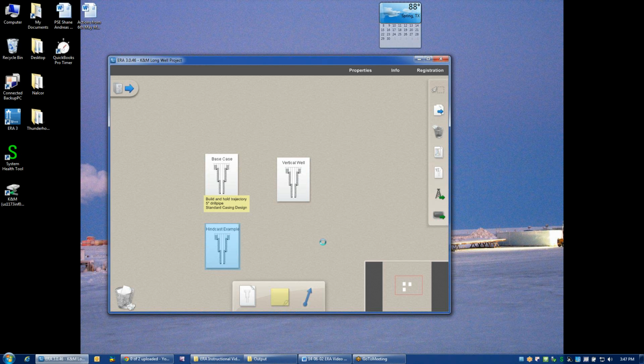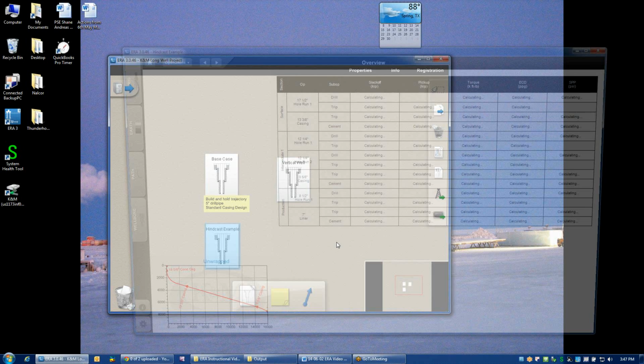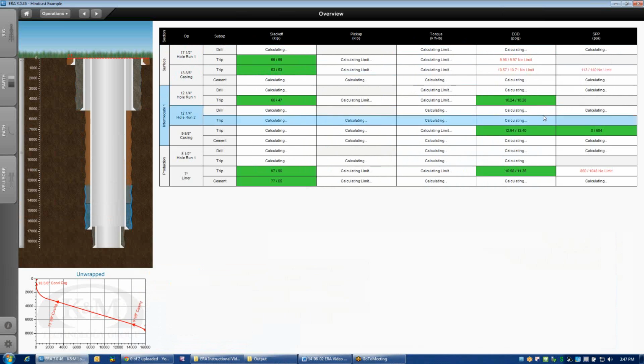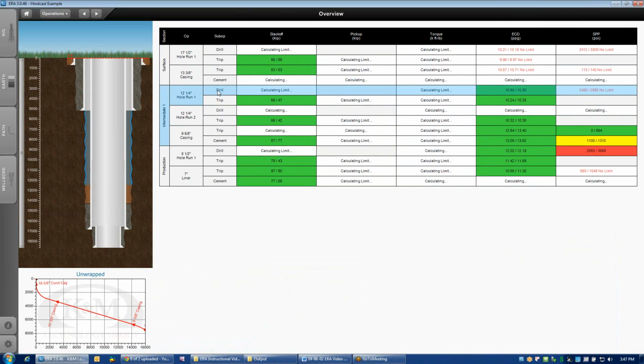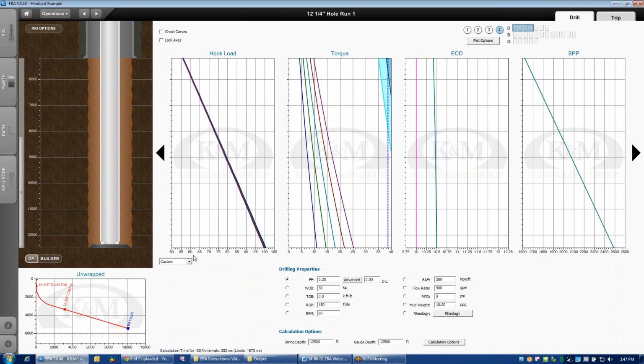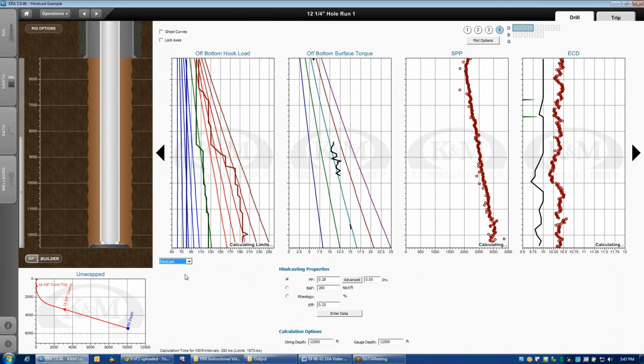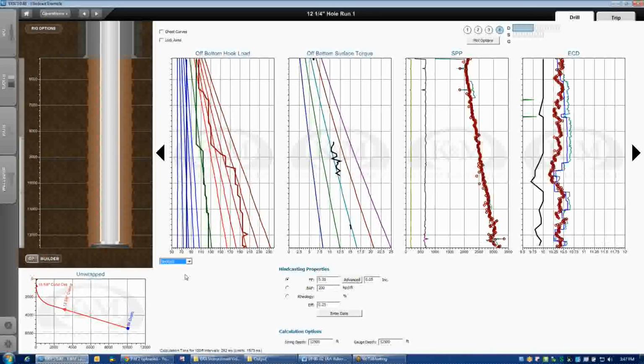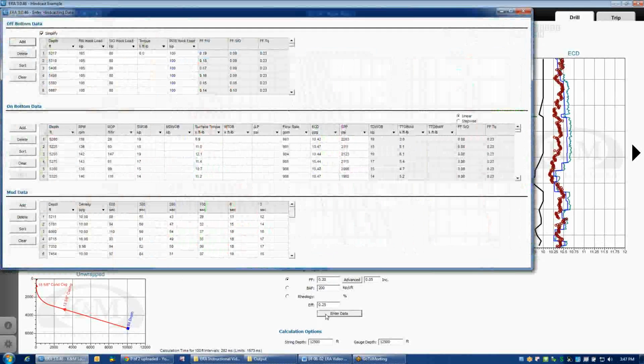And if we click on this icon and pull up the example that I've preloaded, if we go into the 12¼ inch section where we're drilling, pull up the drilling scenario, and then in this drop-down box, select the hindcast mode of operation, you'll notice that a bunch of data is populated that was actually recorded when this well was drilled. And if you click on the Enter Data section, you can see where you can input information for